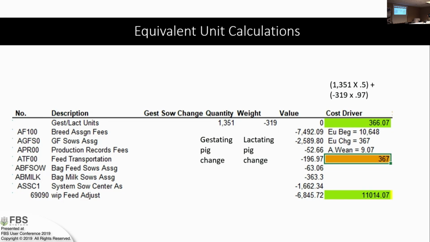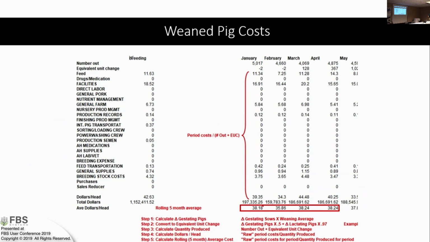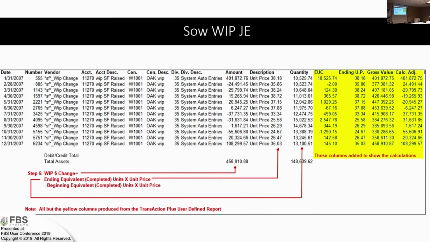Well, you're just awful close to having a budget, aren't you? Oh yeah. Well, this actually flows into the budget. Huh? This actually flows into the budget, but